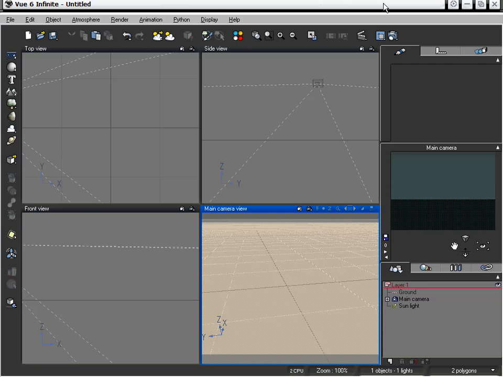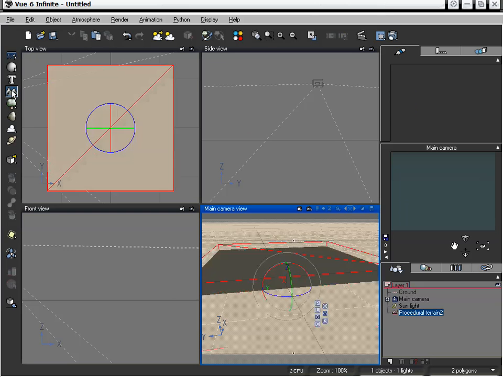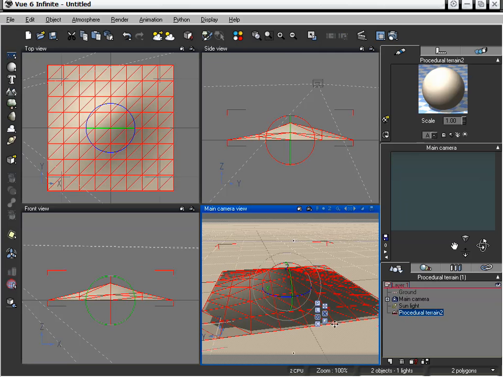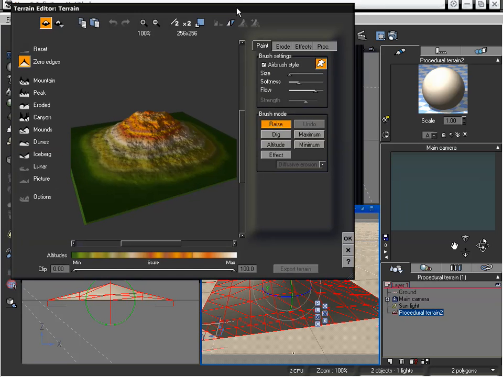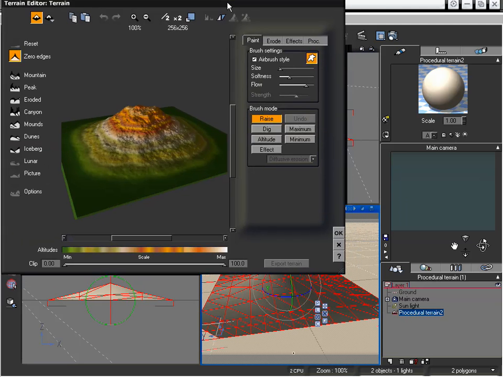In this chapter, we're going to take a look at the new improvements of the terrain editor, because there are a lot of new improvements in our terrain editor and lots of new stuff we can do in it. So let's just go ahead and load in a procedural terrain and double click. This is going to open up our terrain editor, and now the first thing we notice is that actually we